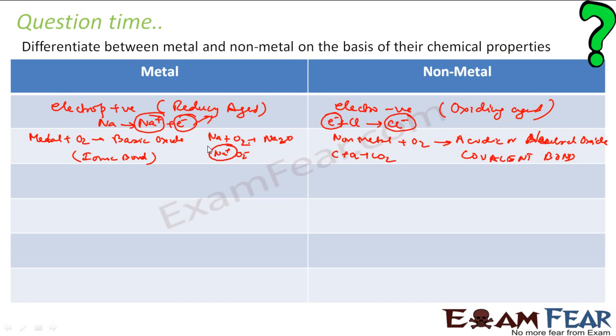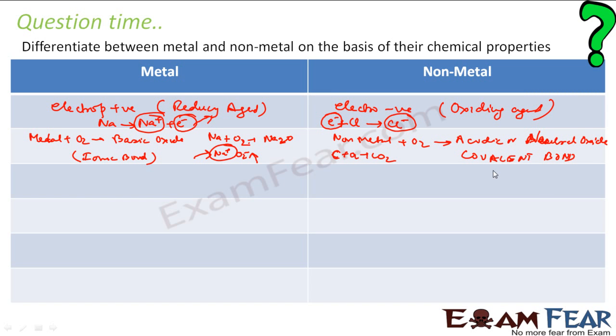the rule is very simple. Sodium can give an electron, and oxygen will always take an electron. Sodium will become stable by giving the extra electron, and oxygen will take the electron and become stable. So they'll all be stable and they'll have an ionic bond. In this case, carbon will say, I won't give an electron because it's a non-metal. Oxygen will say, I will not give an electron because oxygen is also a non-metal. Both are not willing to give an electron. So what will happen? They will share electrons, and they'll form a covalent